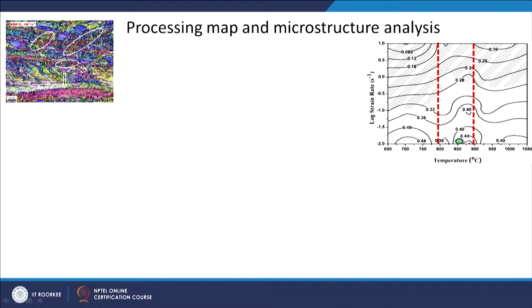Now, looking at another area where we had high efficiency, in the two phase region. Till now we were looking only at the single phase, and now we see something interesting here. Though it shows very high efficiency, I can see some recrystallized grains, shown with oval shape,